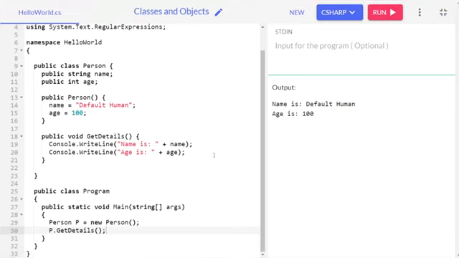So here you can see we didn't set the name. We didn't set it explicitly. The constructor is called when the object is created. So that's why, by default, the constructor has set the variables name and age to the specified values. In our case, for the name, the specified value is default human, and for the age, the specified value is 100. I hope you understand the concept of